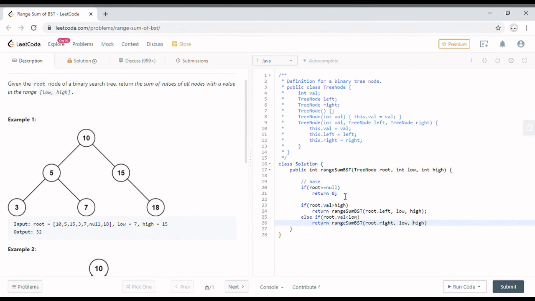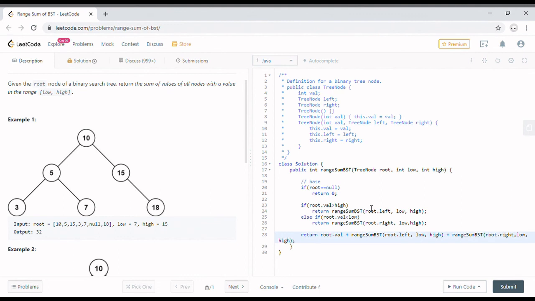And finally we will simply return root dot value plus the value obtained from the left subtree, range sum bst of root dot left, comma low, comma high, and the value obtained from the right subtree, range sum bst of root dot right, comma the low value, comma the high value.